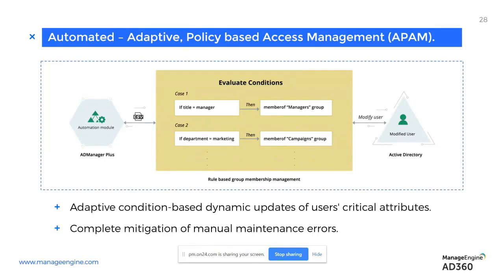So look for solutions that are adaptive, that are policy-based, and work at an attribute level. It could be any target system, not just Active Directory. It could be Office 365. It could be G Suite. Any target system that we're talking about, look for solutions that understand context. If a user moves from department A to B, entitlements need to automatically change. New ones need to be given, old ones need to be revoked. It has to be as simple as an administrator looking into a notification and saying, okay, great, things are going good. That's how you'll have to look for a system that does an RPA.